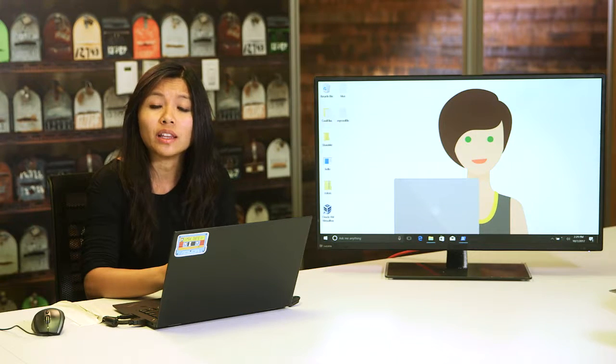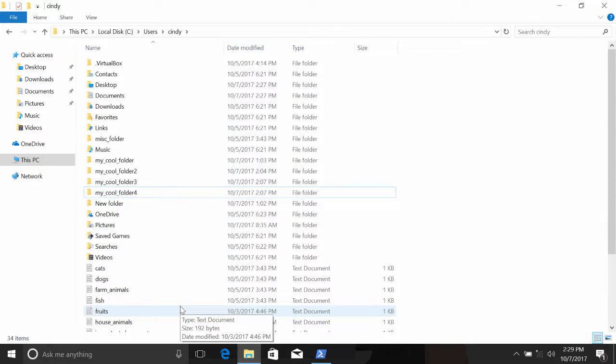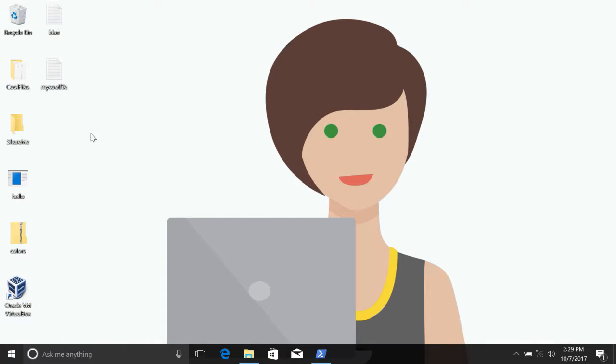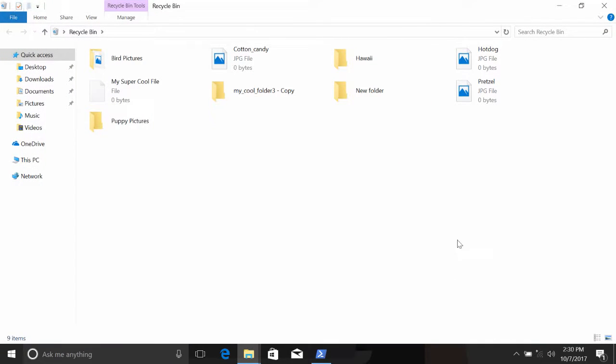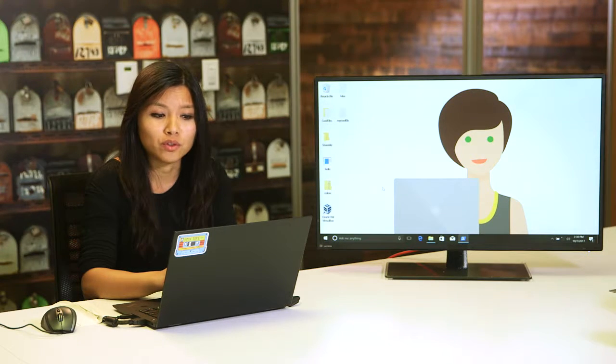Alrighty, now that we've learned how to list, create, and move around files and directories, let's start removing them. In the Windows GUI, if you wanted to remove a file or folder, just right-click and delete. The file ends up in the recycle bin, which you can find on your desktop. If you wanted to restore a file here, you could just right-click and restore. If you empty your bin for any reason, you won't be able to retrieve those files.